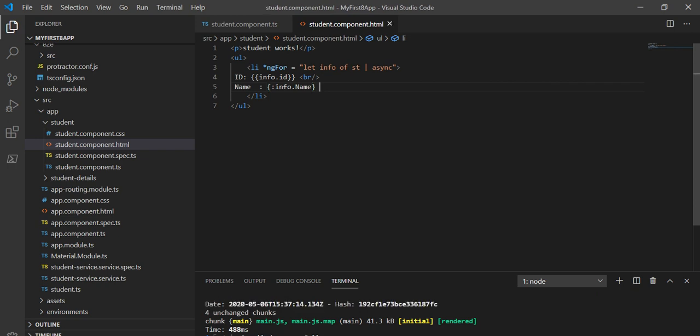So that's the thing, I have taken all small letters. So let it be. Here I am taking only two properties for the student page.